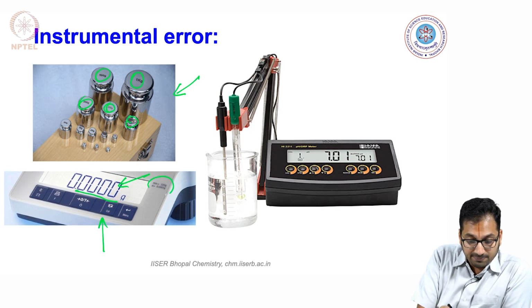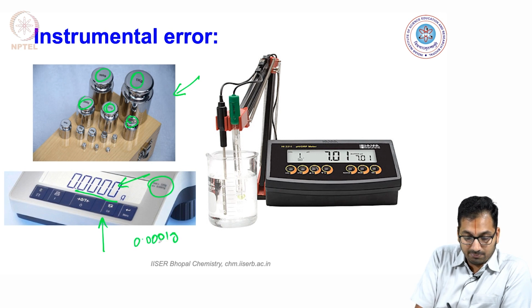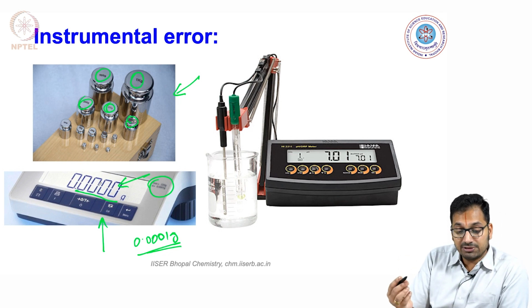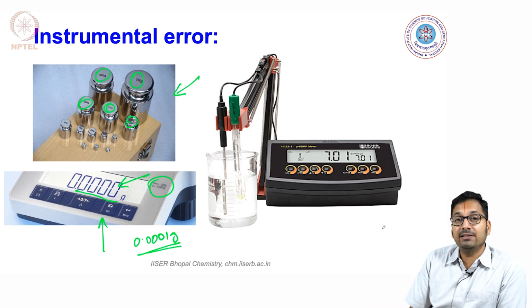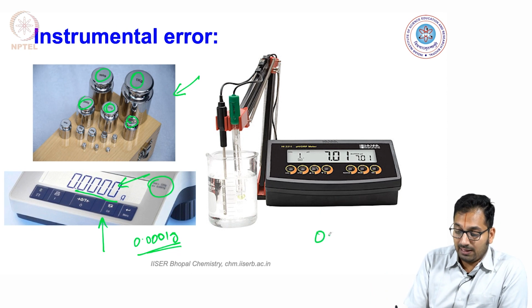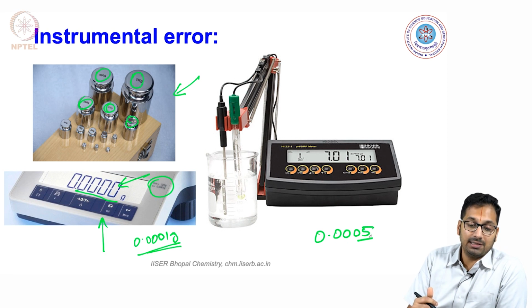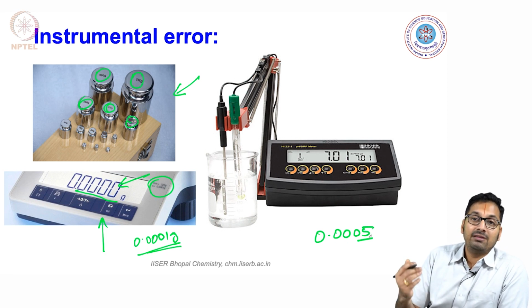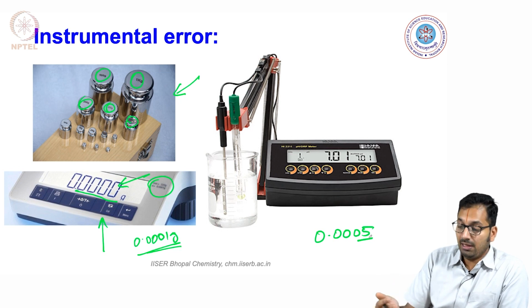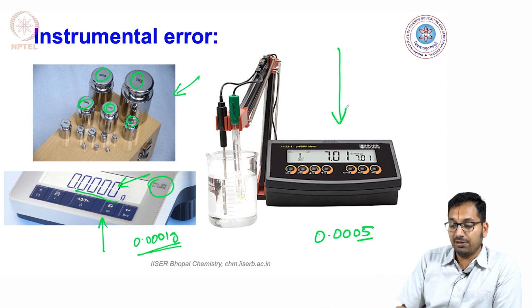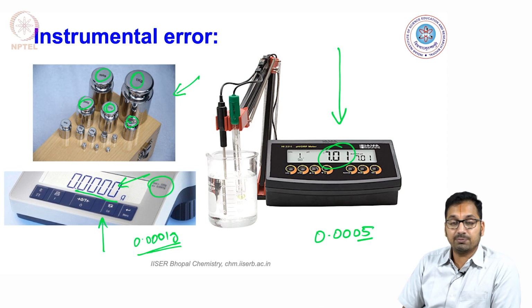If you pay close attention here, it also says the error is in 0.0001 gram, which is why 4 decimals are displayed in this analytical balance. So be very careful when you are using an analytical balance where the number of displayed digits could indicate the error that is associated with them, and there are some instruments where the last digit will end up underlined to indicate that that is where the uncertainty lies. So generally people tend to show the first digit that indicates the uncertainty, and this quite commonly is used across equipment. On the other hand, you are looking at a pH meter here where 2 digits are indeed displayed.